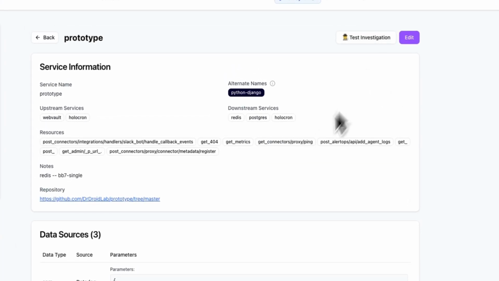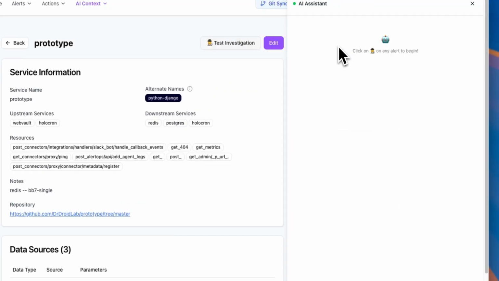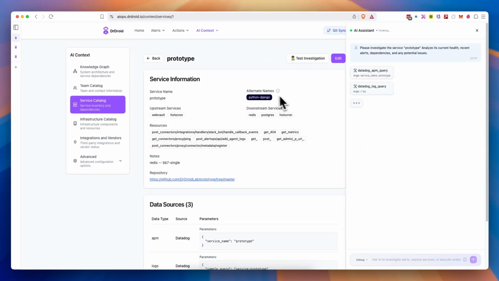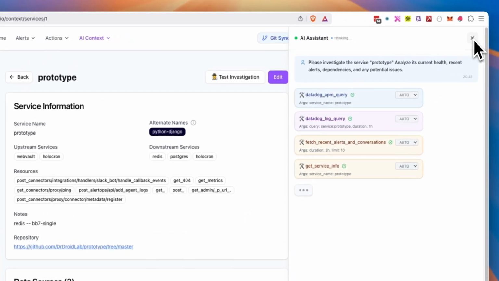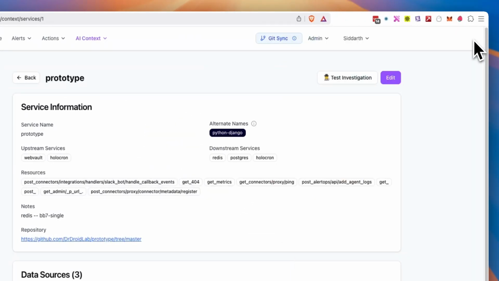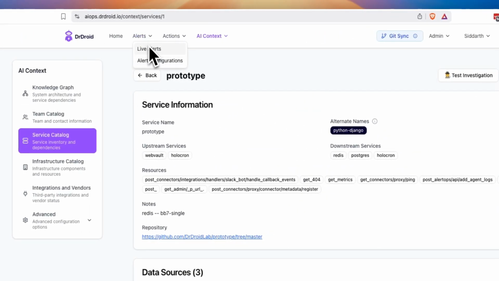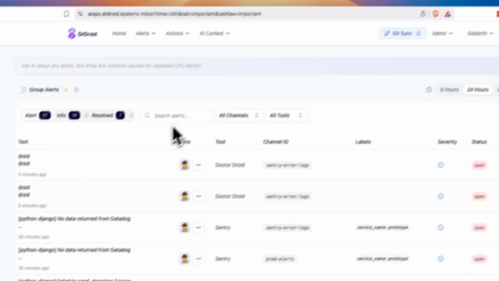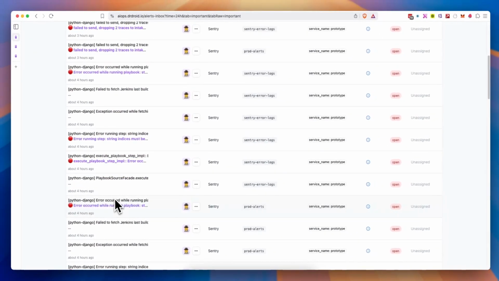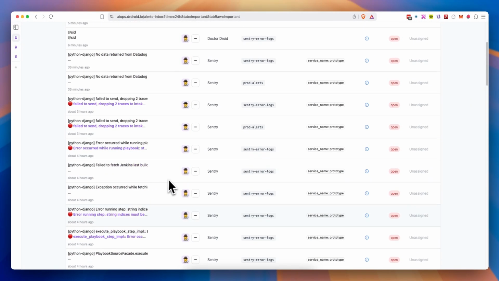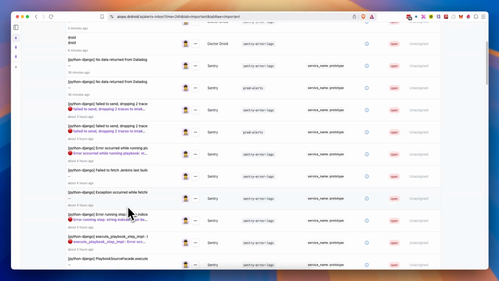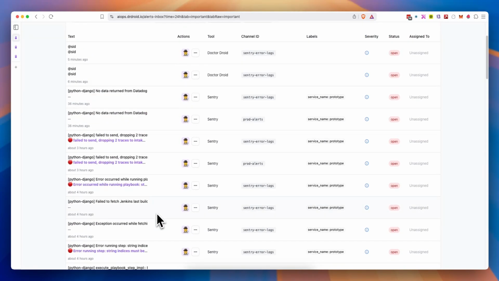But this is all that you need to do to reach the same level of investigation that I showed you at the start of the platform. Now, this is just the tip of the iceberg. There are n different ways for you to add more and more context into the platform. One of the more popular ways is to connect it to your live alert stream from, let's say, PagerDuty or Slack, and then for any of the alerts that are coming up,